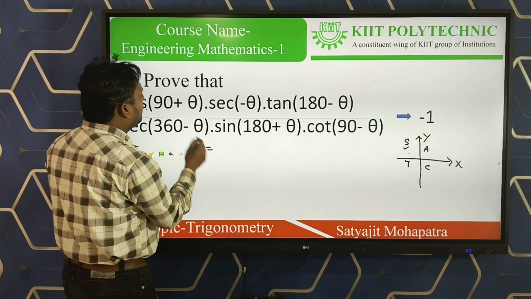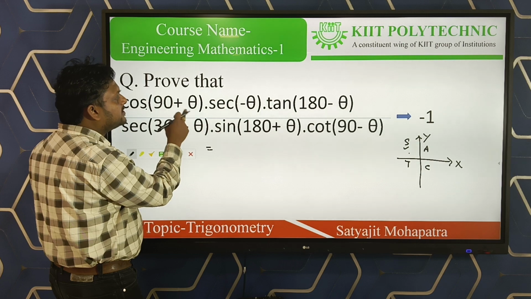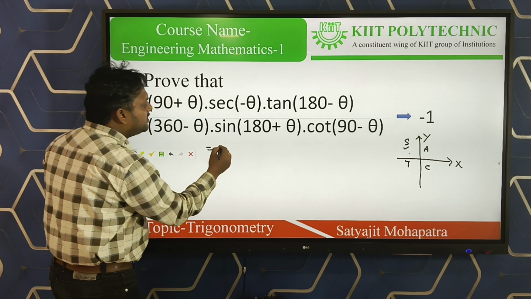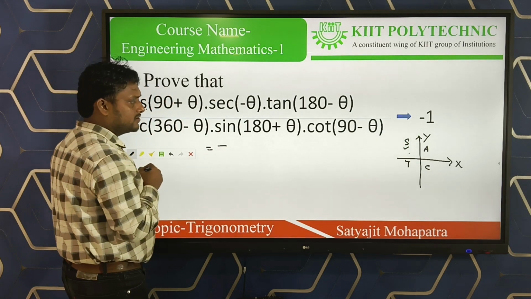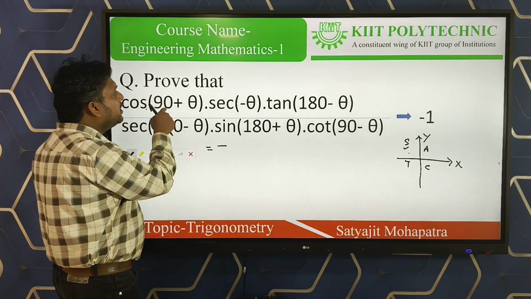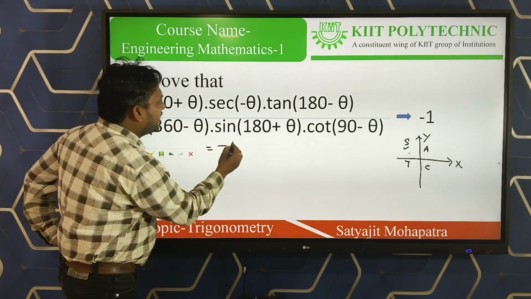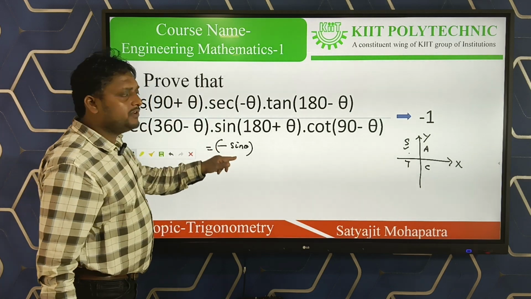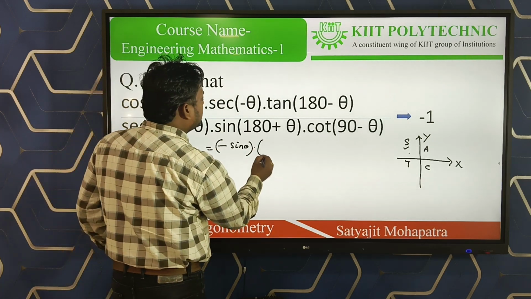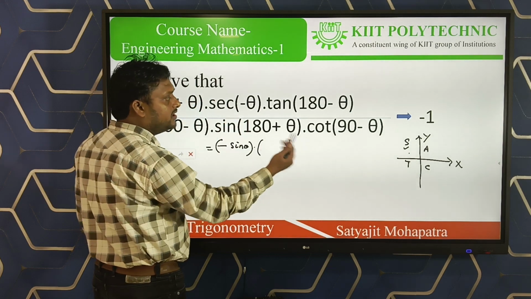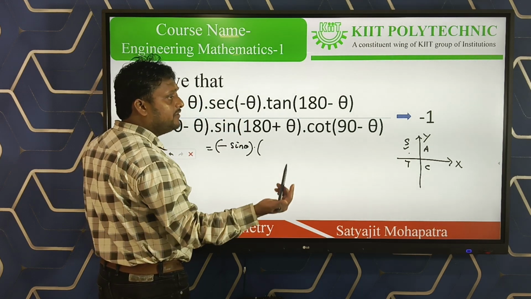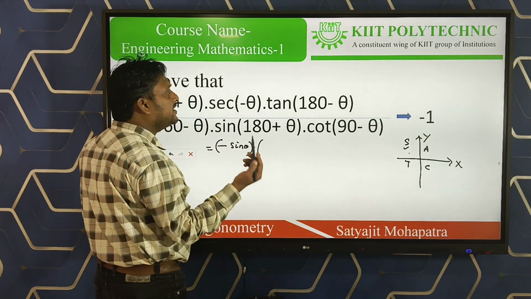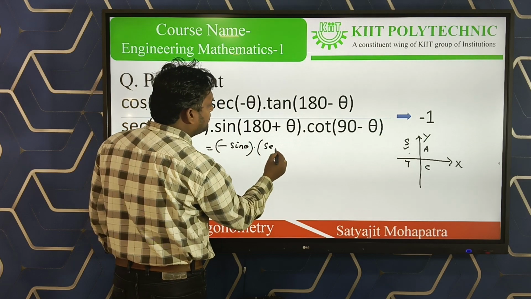Cos of 90 plus theta. 90 plus theta falls in the second quadrant, as I have shown, where sine is positive. We have cos, hence first you have to put minus. Then, as already told, if you see 90 degrees, cos changes to sine. So that becomes sine theta. The first formula: cos of 90 plus theta becomes minus sine theta. Next, since cos of minus theta is plus cos theta, as shown in the previous slide, it is an even function, and since sec is the reciprocal of cos, sec too is an even function. Sec of minus theta becomes plus sec theta.